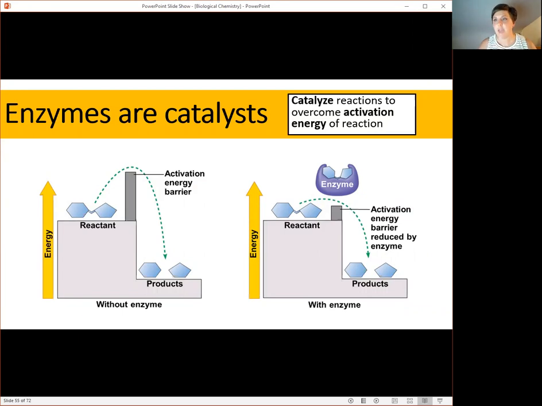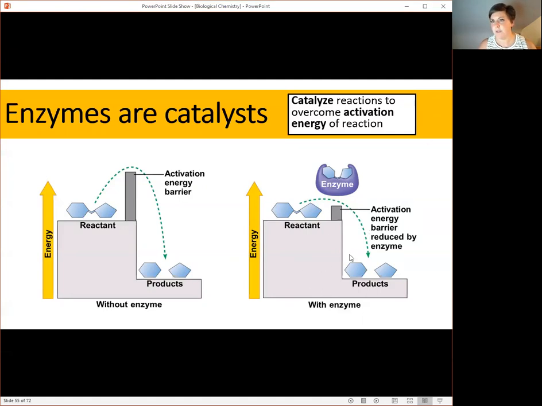The amount of energy that is required for a reaction to take place is called the activation energy. For many reactions, the activation energy required is quite high. Thus, it is seen as a barrier to the reaction. In order for the reaction to take place, this barrier must be overcome. Enzymes reduce this barrier, and they reduce the activation energy of a reaction. This would enable the reaction to take place.